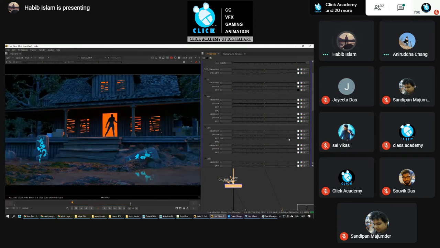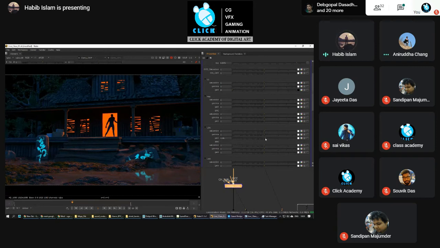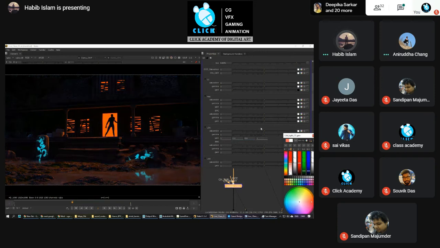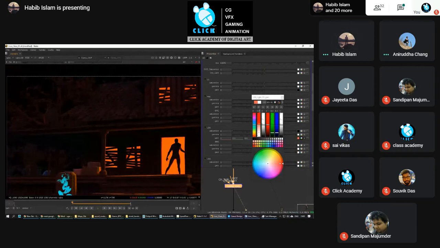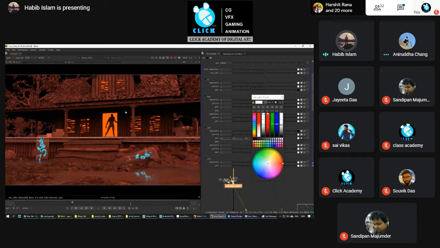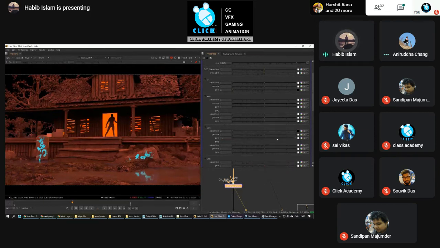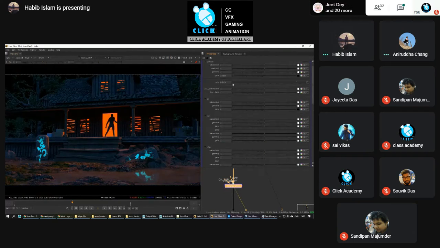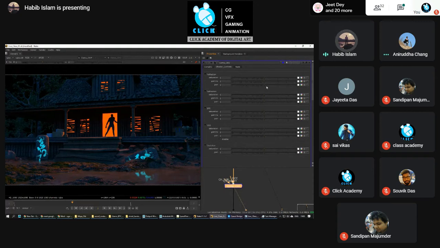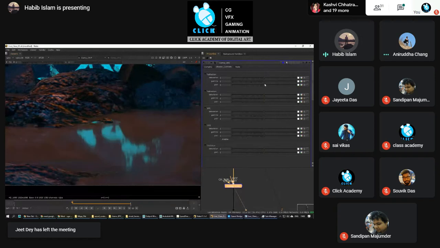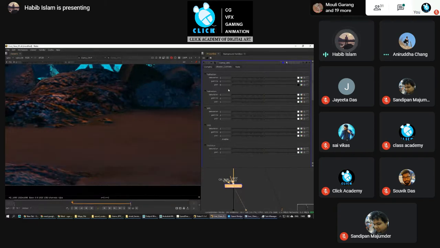In compositing also, if you want the environment light to be black only, you can do that. Or if you want blue light to be red, that also you can do. If you want red environment lighting or red fog, you can do that in the comp only. If you want a red light kind of output, you can do that. So it's basically taking all the passes separately and controlling those passes in compositing. Like that you can control the reflection as well. Suppose in the water you don't want any reflection, from here you can control the reflection.